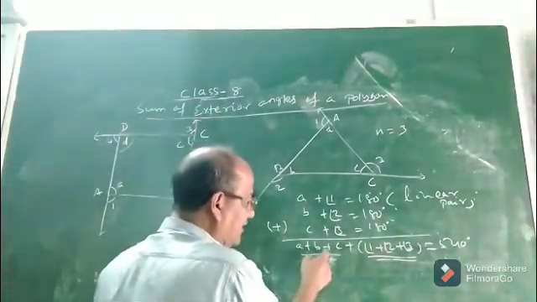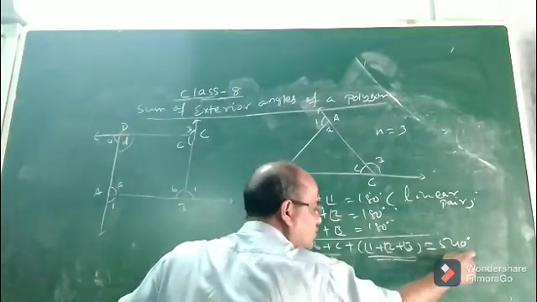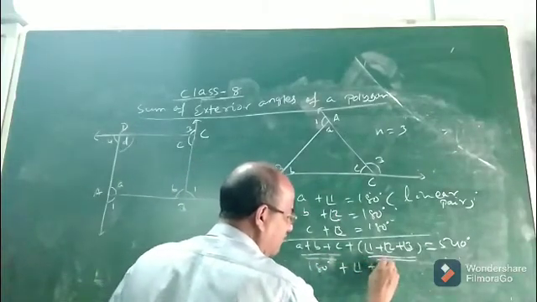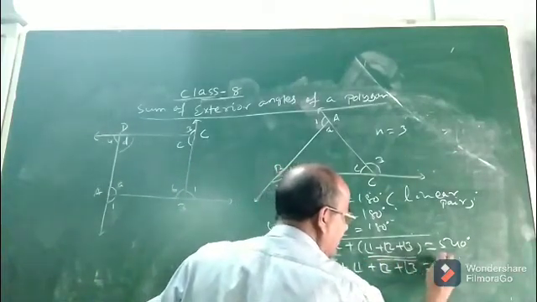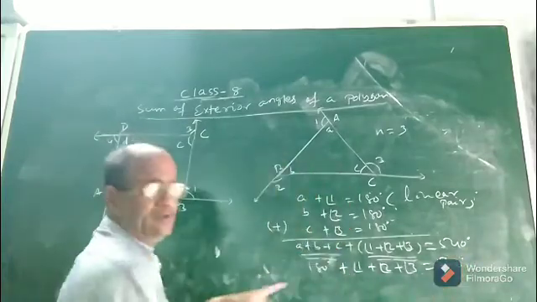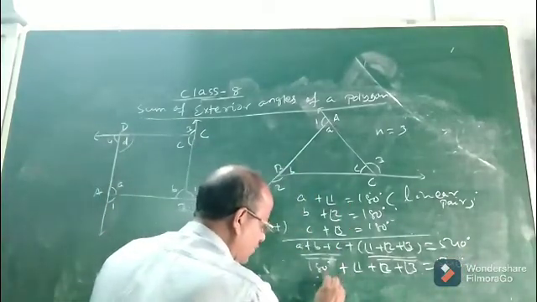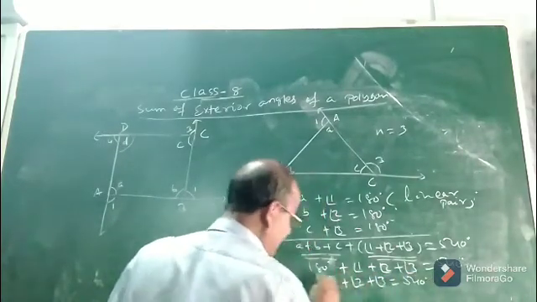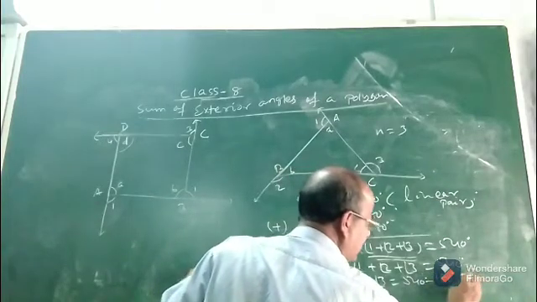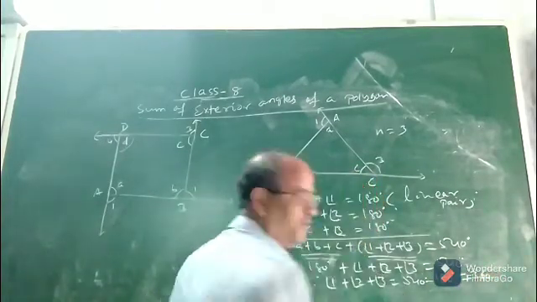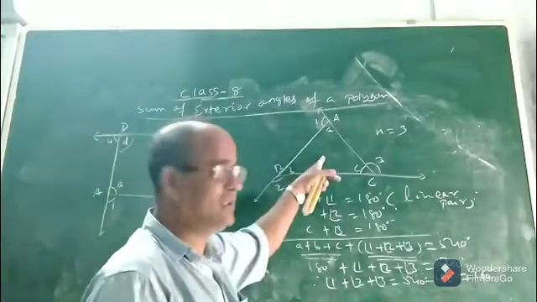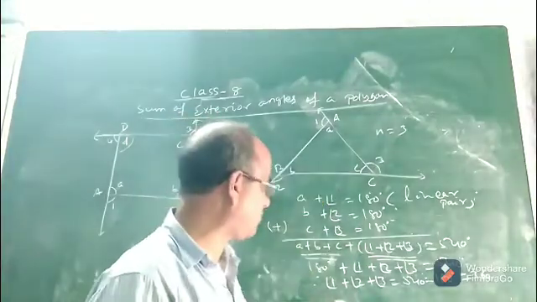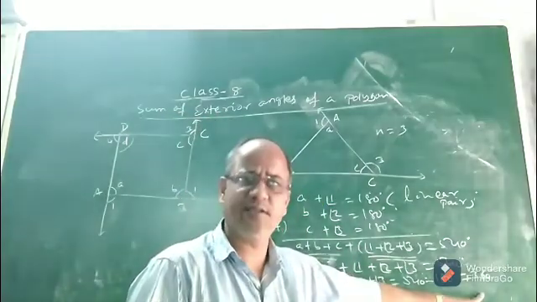Now if we put 180 degree here, it will be subtracted if it goes to the right hand side. That means 180 degree plus angle 1 plus angle 2 plus angle 3 is your 540. So clearly, therefore, angle 1 plus 2 plus 3 equal to 540 minus 180, which is your how much? 360. So what did we see, children? We saw that in this triangle, which is a polygon having 3 sides and it has 3 exterior angles, the sum of the 3 exterior angles is 360 degree.